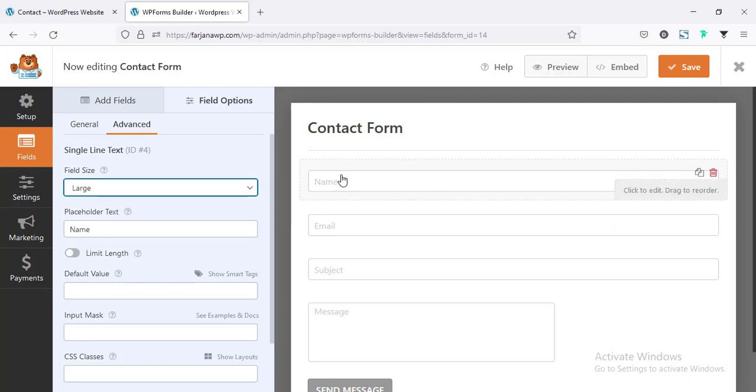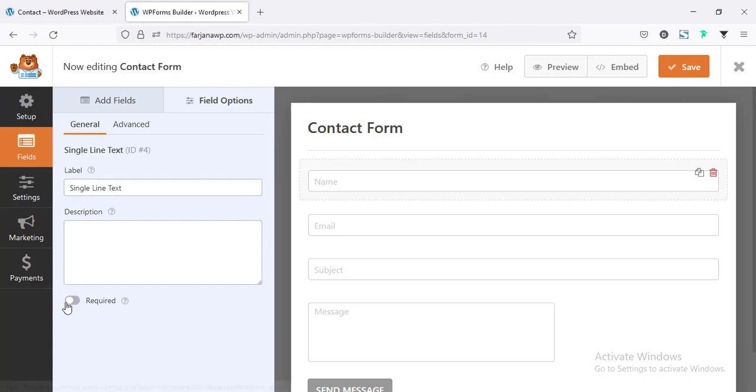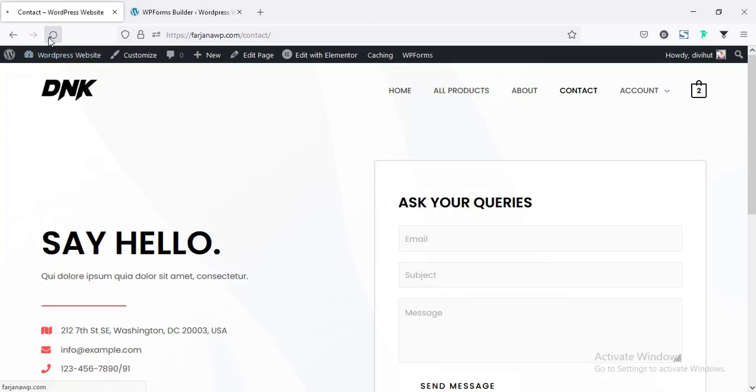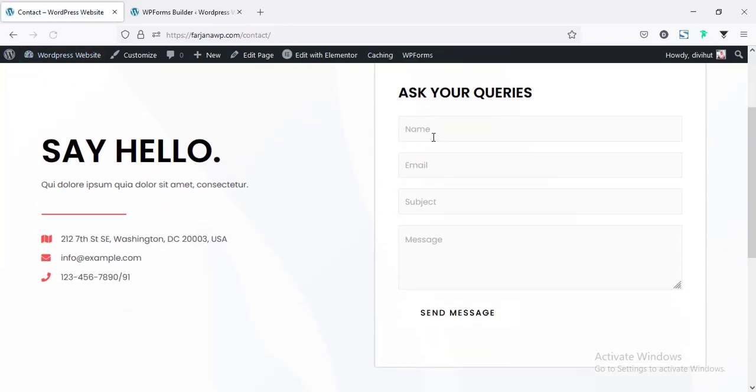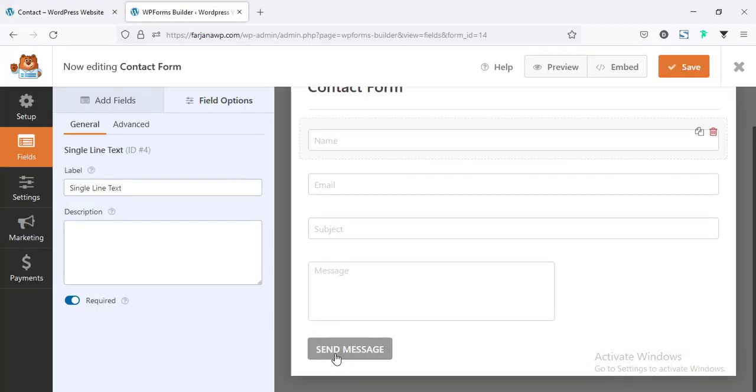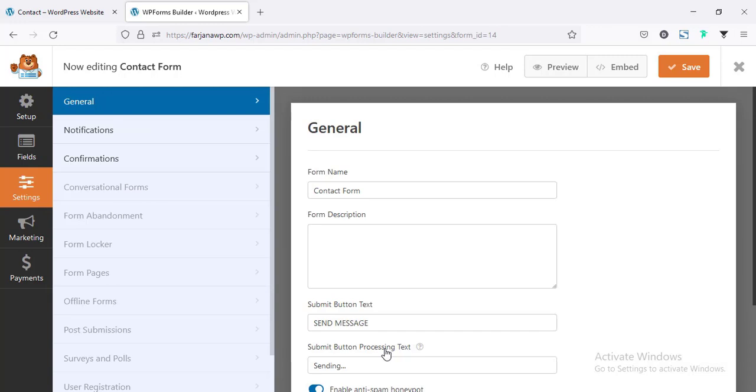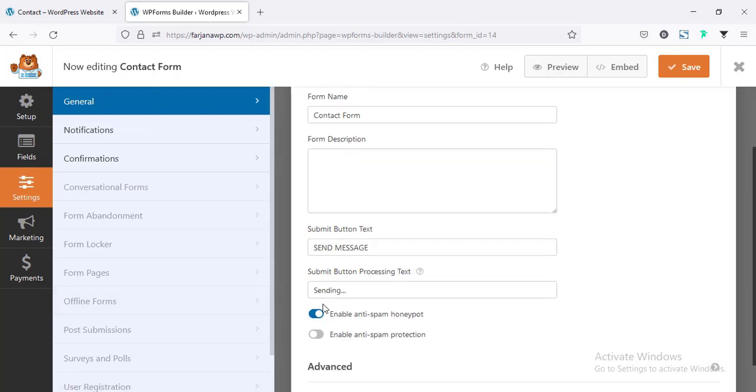And also here if we want to make this field mandatory, so going to the general tab, and here is the option to required, so you can make it required. And finally save this form. And now if I refresh, we can see our new field is added. And finally the button. So if we want to change the button text, click on this button, and here is